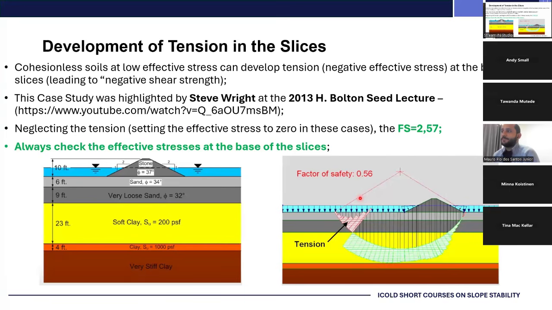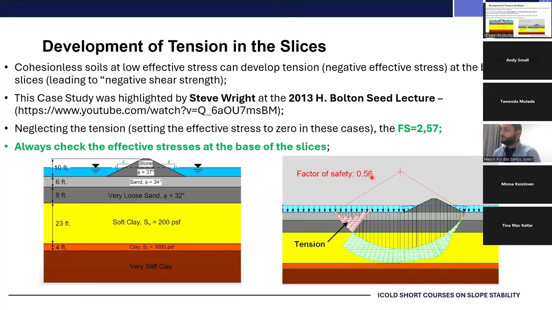One second point of attention was highlighted by Steve Wright in his 2013 Bolton Seed lecture. That is available on YouTube. I have the link here for those of you who have not seen this before. It's a very interesting lecture where he talks about some situations he ran into and had problems with his slope stability analysis. One of those cases was he was calculating the factor of safety for this structure, and he came up with the factor of safety